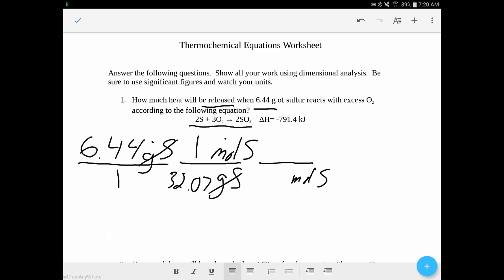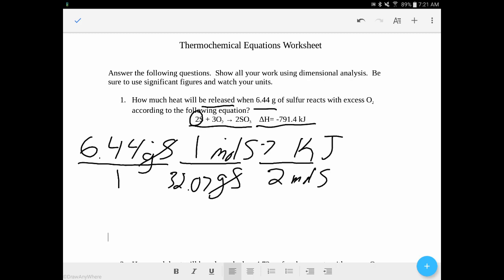In a regular stoichiometry problem, this would be the mole-to-mole ratio. But since we're not converting to some other compound, we don't have a mole-to-mole ratio. Instead, we have a mole-to-energy ratio. So we're going to go from moles of sulfur to kilojoules. Now, the number that goes in front of moles of sulfur is the coefficient of sulfur. So that's going to be 2. The number that goes in front of kilojoules is going to be our delta H. So that's going to be negative